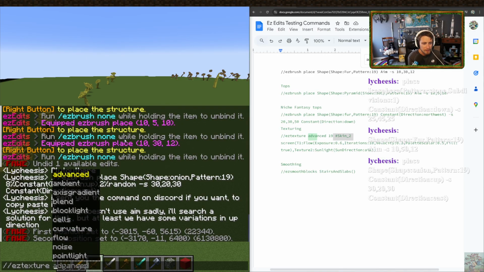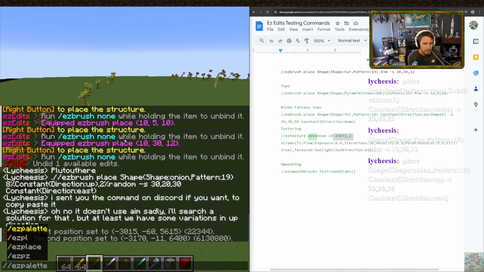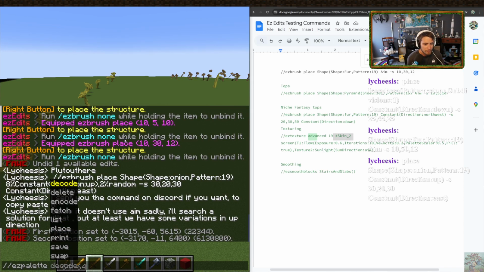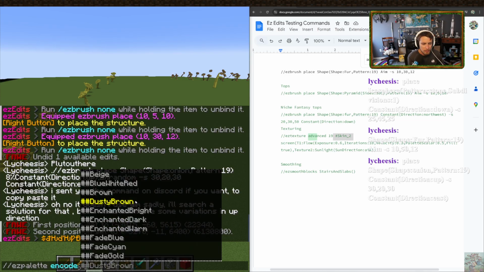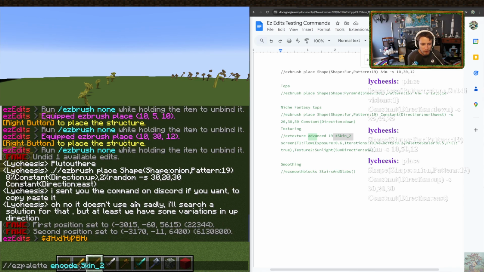Or no, easy palette encode. Hashtag skin_2. And then let me copy that for you guys. I think it's easy palette, sorry. Easy palette encode, I guess you can call it skin_2 and then